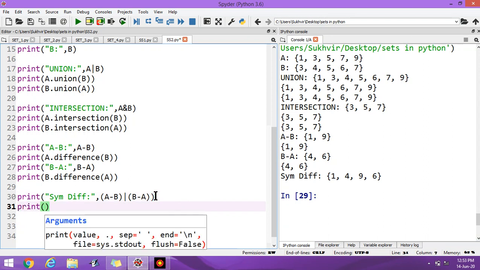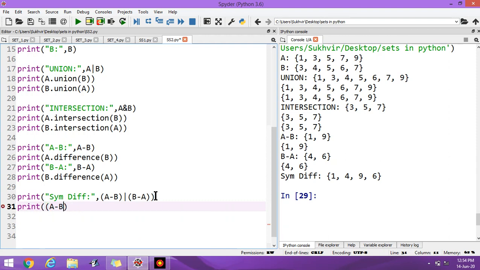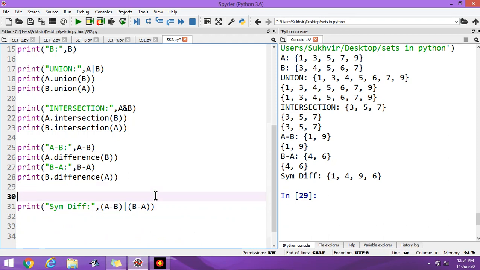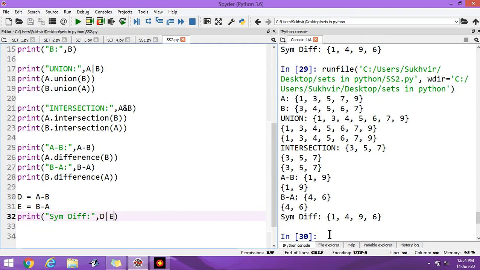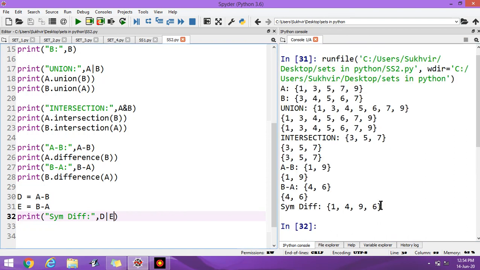You can write like this also. I think it's better if I write D is equal to A minus B and E is equal to B minus A. Suppose I write here D or E. Let us execute the program. 1, 4, 9 and 6.